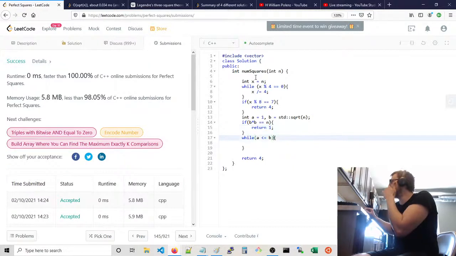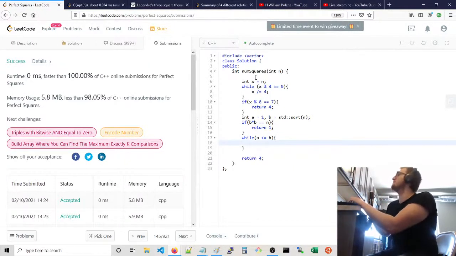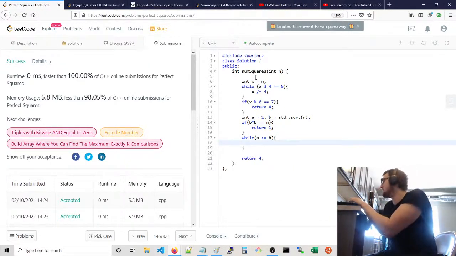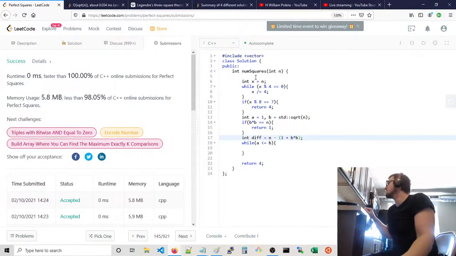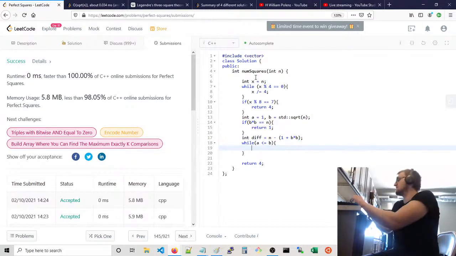Right, just done immediately. Then we have difference equals n minus (1 plus b times b), and we say if difference is greater than 0,